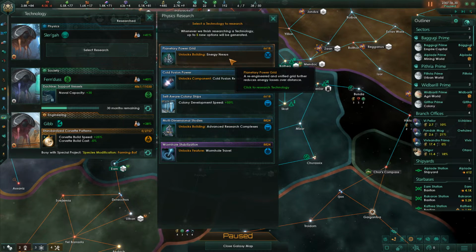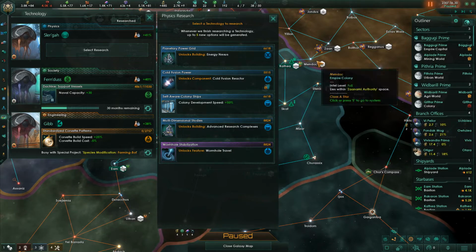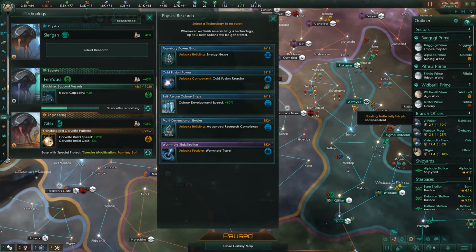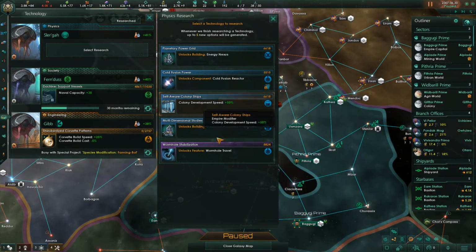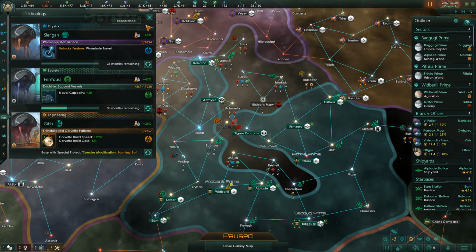Okay, we've got proton launchers. That's good. Do I want wormhole travel? We don't actually have any wormholes, do we? No, but would it be good to have it? Plus, it is a rare... Ah, fuck it, yeah, well...